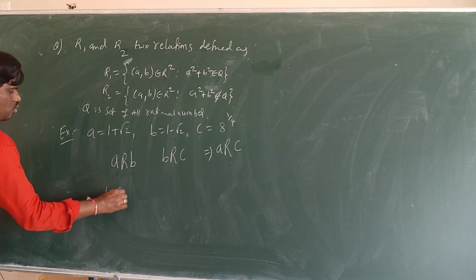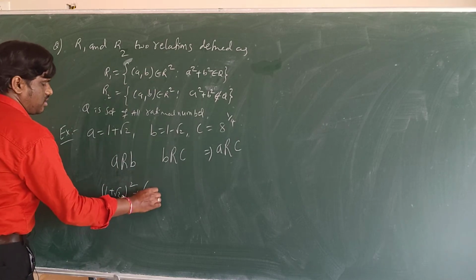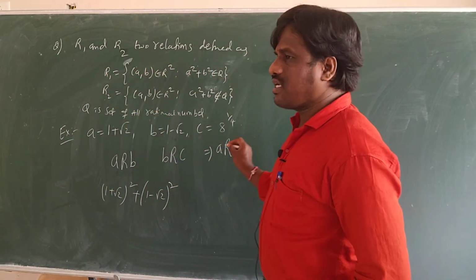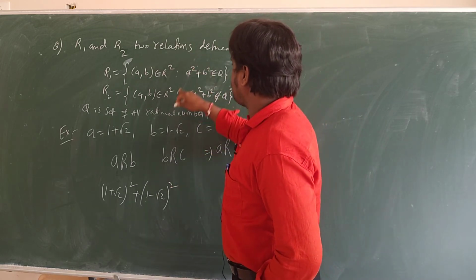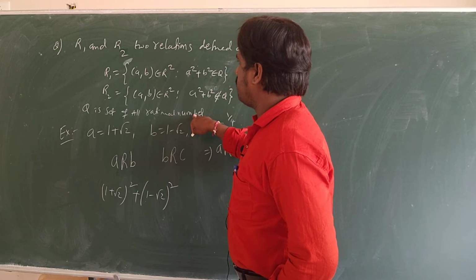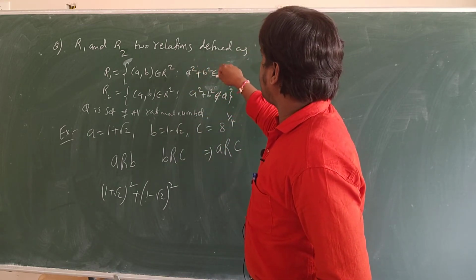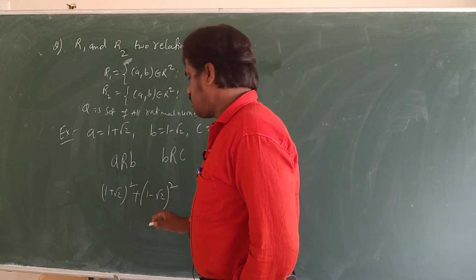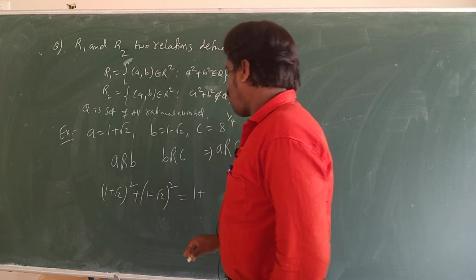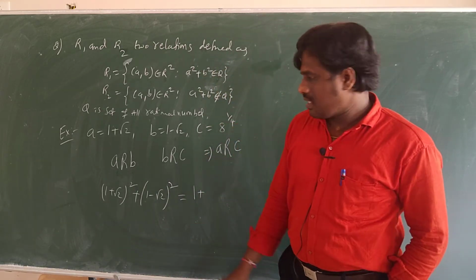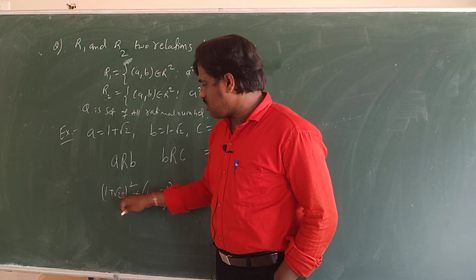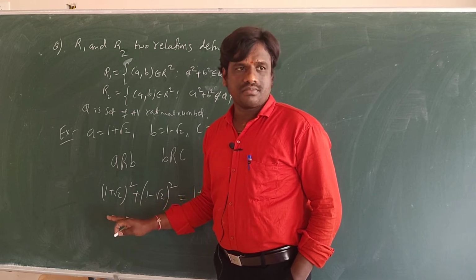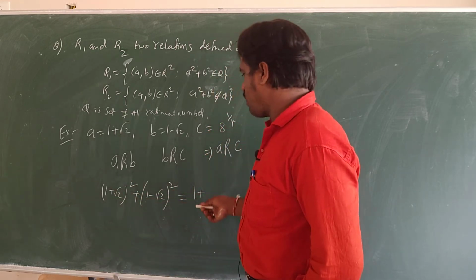1 plus root 2 whole square plus 1 minus root 2 whole square, right? a square plus b square, I should get a rational. See here, Q is all rational numbers, and R1, R2 are two relations defined like this. So I am taking a is something, b is something. Now if we square this, what will come? Why are we taking like this only? You can take anything, but see that a rational-irrational combination should come, rational-irrational and conjugate.